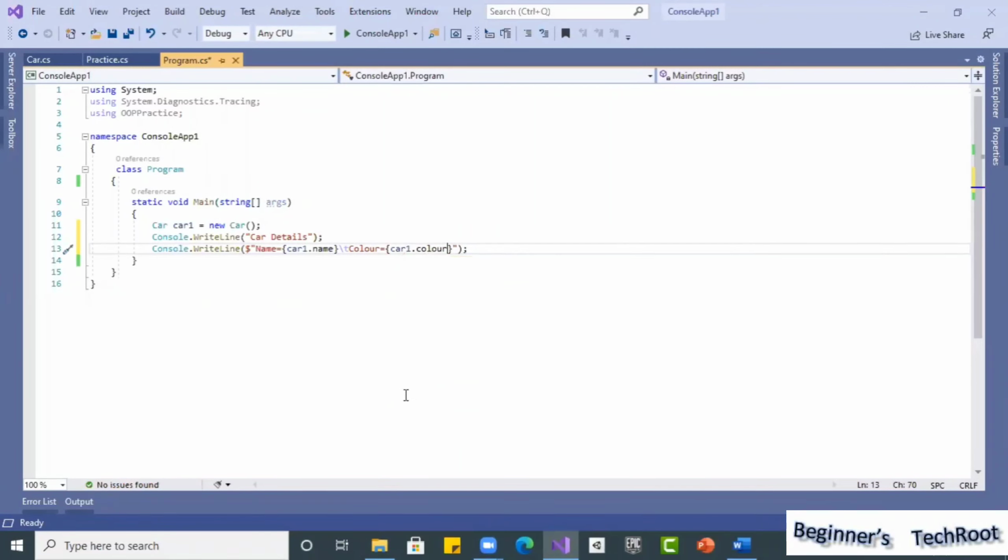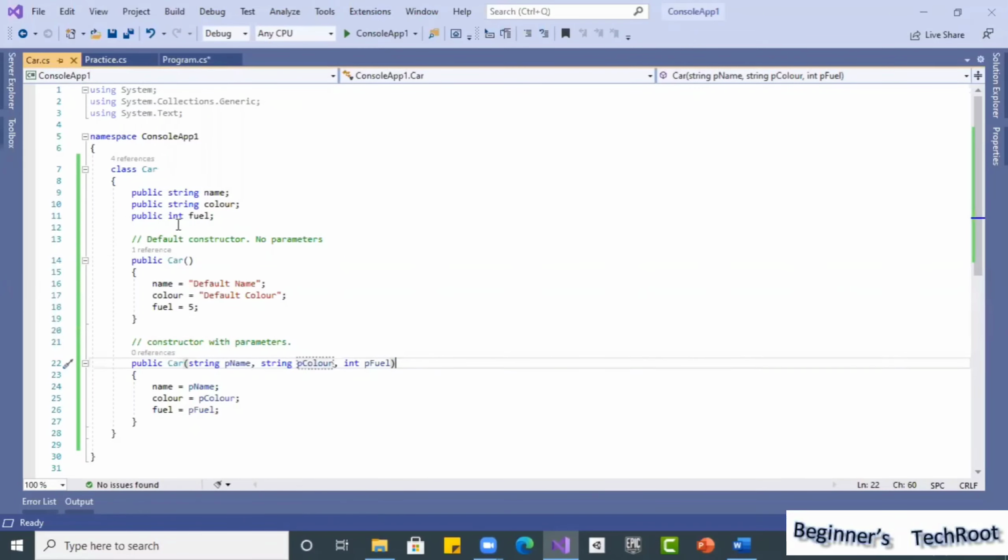So whatever fields we have defined as public in the car class, we are using them directly without using a property. Earlier we discussed that instead of making it public, you can make it private and expose the field by using a property.